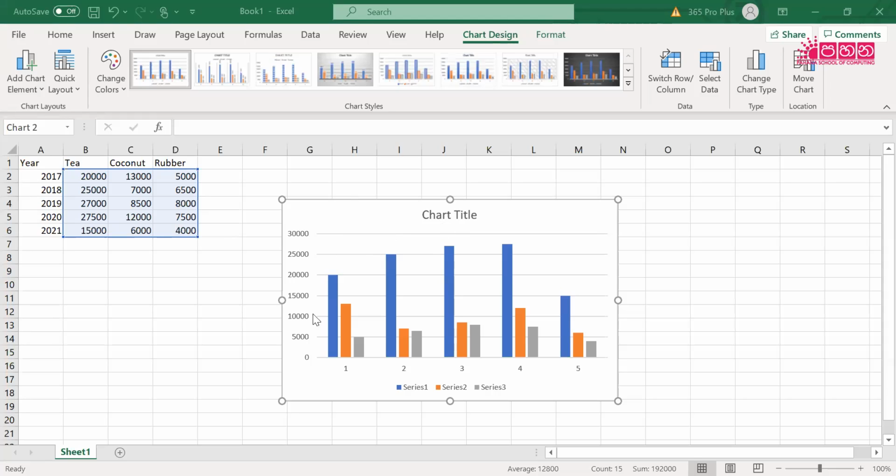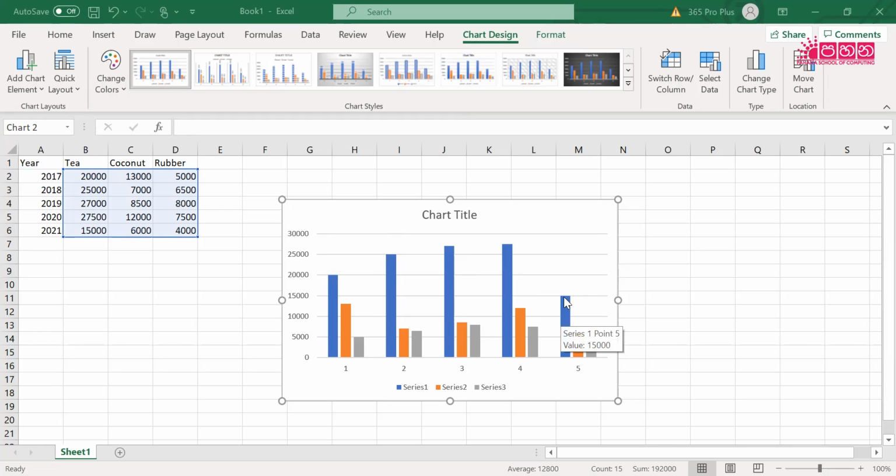So in this chart, you can see the first one indicates 2017. The value for T is 20,000, then this is about 30,000, this is 5,000, and this is 25,000, then this is 7,000, sorry, 25,000, 7,000, and then this is 6,500. You see the trend. So you can see the T is growing like this, and there's